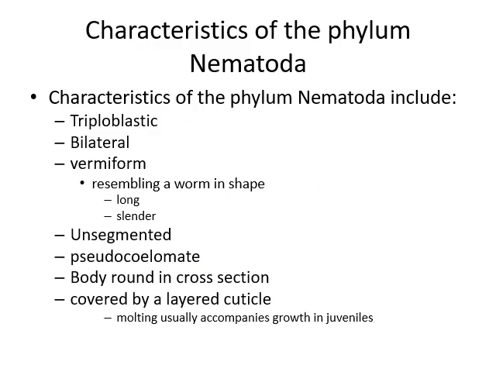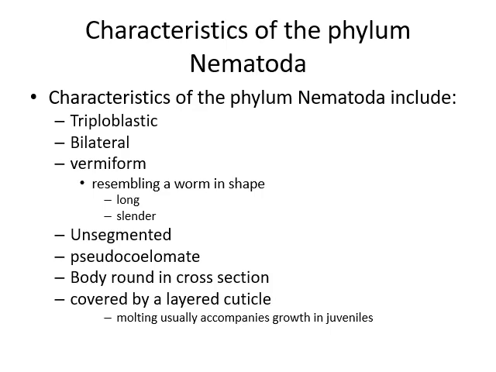Now, characteristics of phylum Nematoda include triploblastic animals. These are bilateral animals, bilateral symmetry is present, vermiform, they have a worm-like appearance, resembling a worm in shape. So the cylindrical body is longitudinal and the body is unsegmented and has a pseudocoelomate body cavity that is not lined by mesoderm on both sides but only on one side. Body is round in cross section,